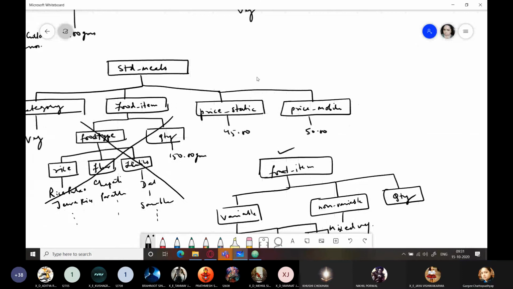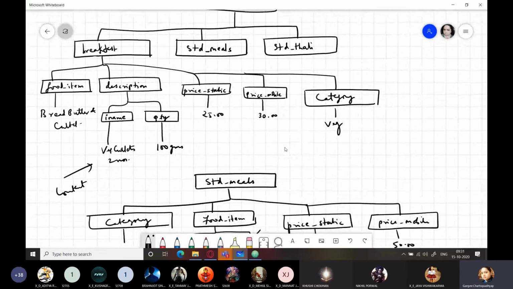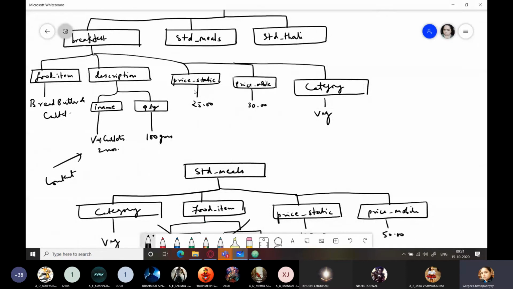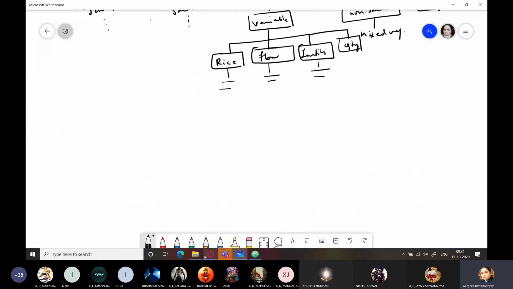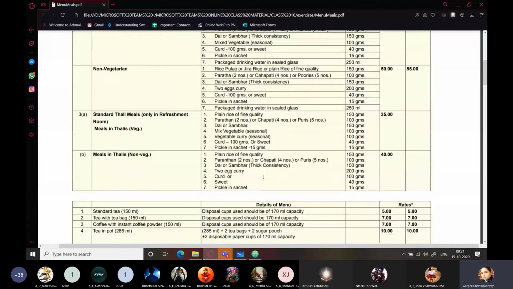I will see to it that something else if we could add. Like our breakfast was sorted out very nicely. Okay, the problem is in standard meals. Anyways, let's think about some other thing. Come to the last one, that is standard thali meals. Here also you can see there is a variation over here. Okay, and then you also have other things. Or what you can do is to keep it simple. You can provide all the variations there itself.